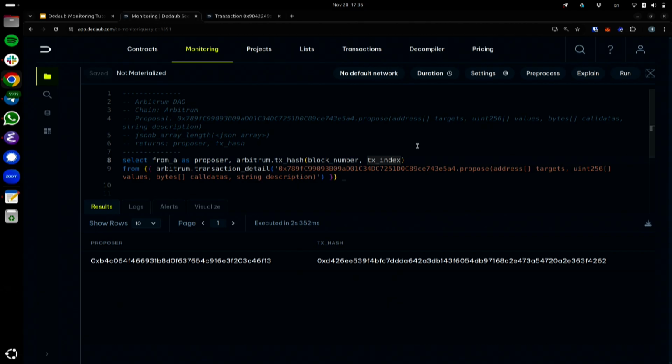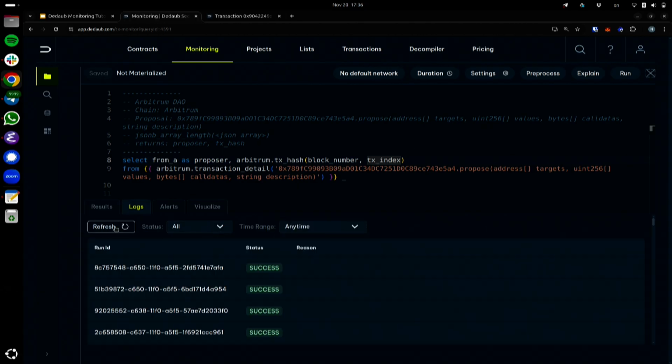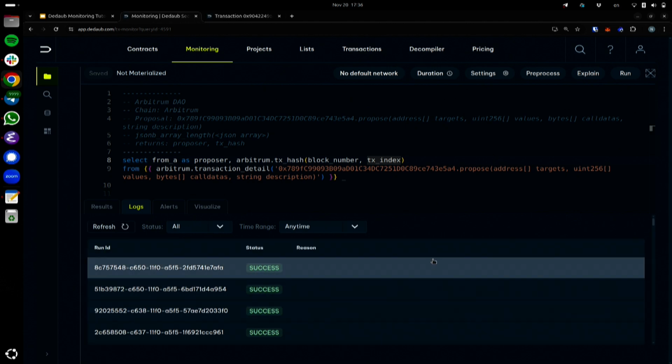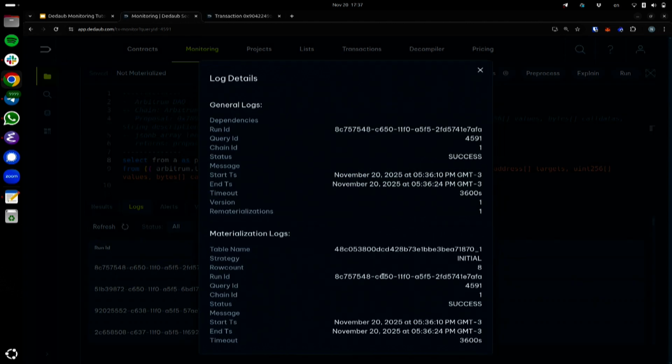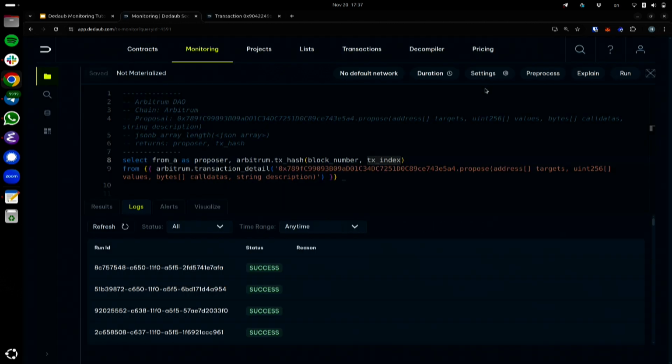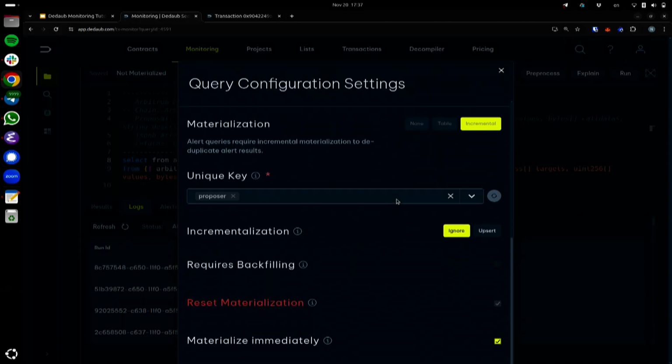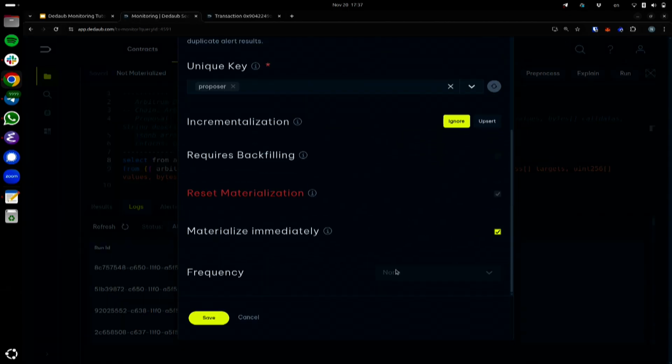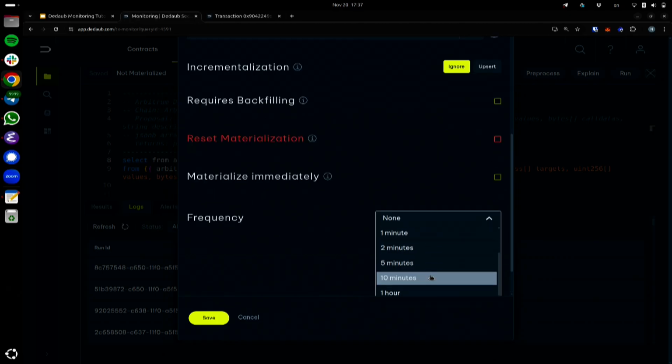Okay, so this has run from the beginning of time, and it only started issuing alerts to me from this point on. I'm just going to check whether everything is good over here. Okay, so this has actually now been materialized. Now I'm going to set it back to the normal schedule